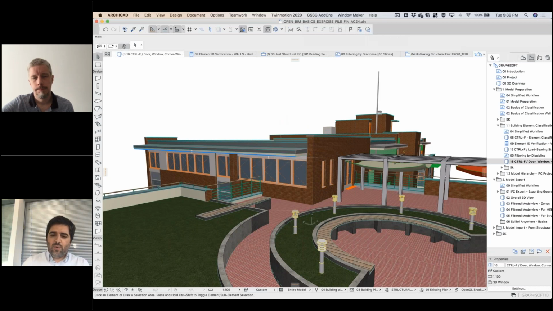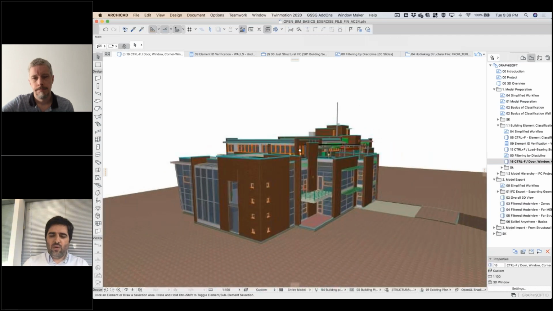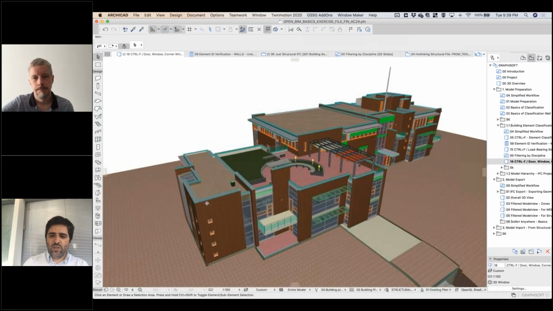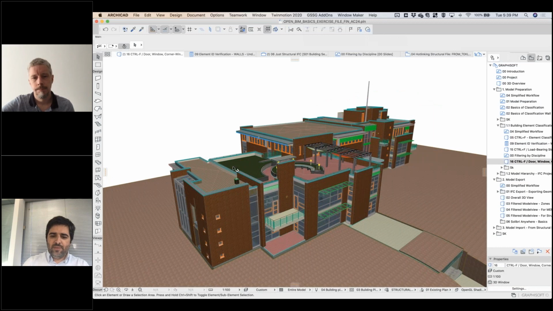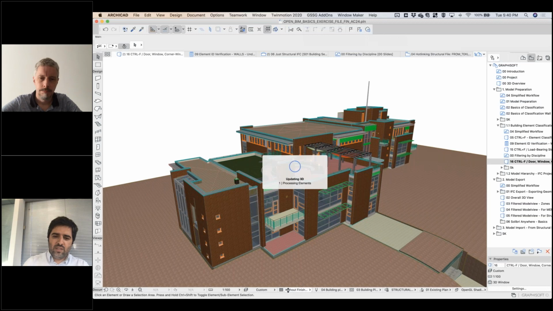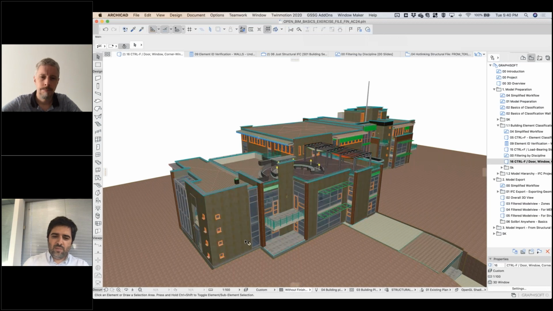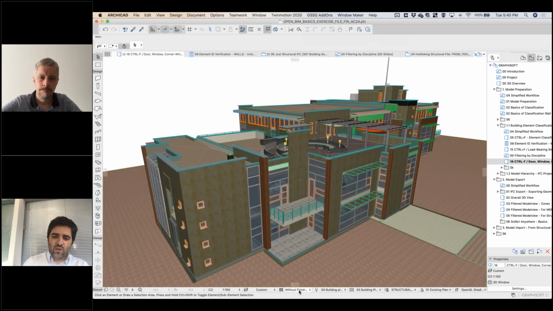If I want, for example, to filter this whole model now and prepare a view to send to a structural engineer, a few things that I can do or I should do for this is, for example, under the partial structural display, I want to turn off the finishes. So I define that I want to see these elements without the finishes, or even the core only of the elements,